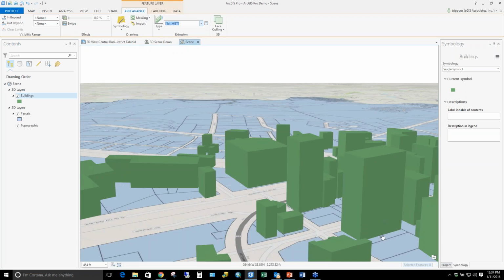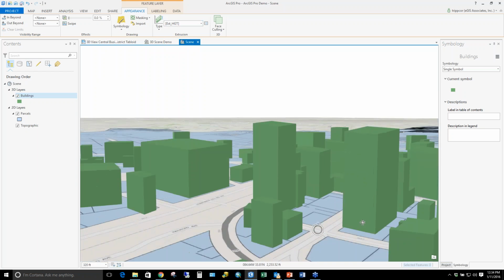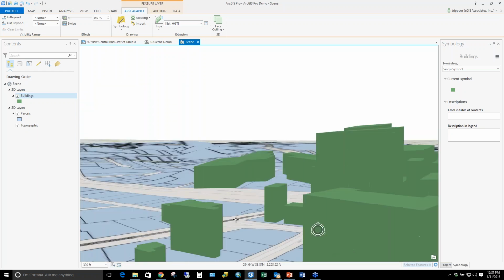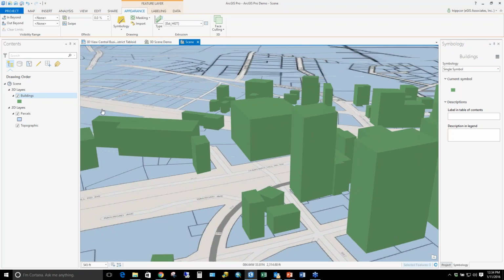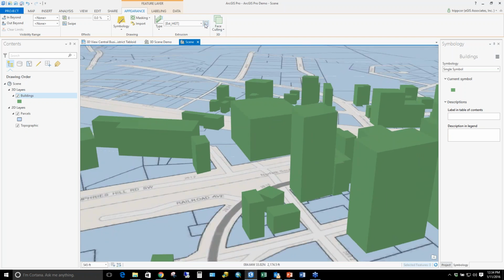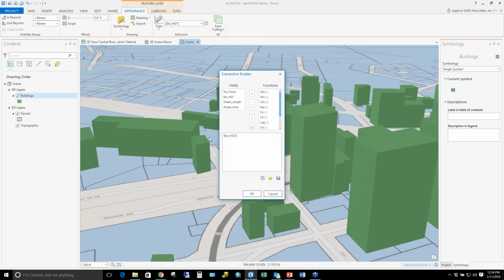And so now it's pulling off the field. You can see now the buildings have different heights. It's based off that. Or I could build an expression. So I click this little extrusion expression button over here and clear out that field that I'd chosen and say,